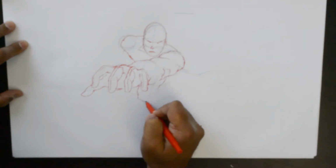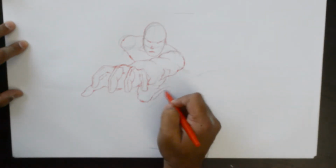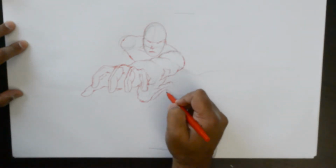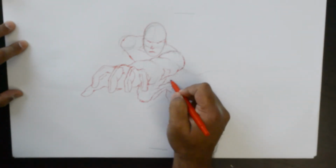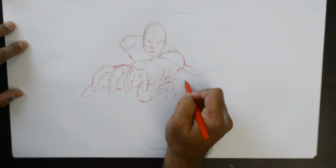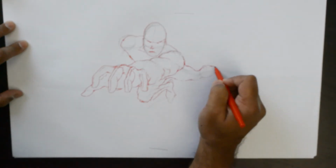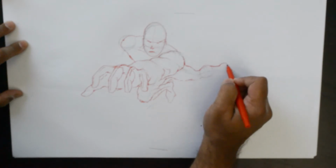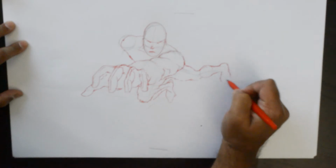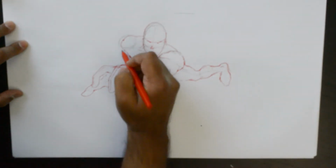foreshortening with one leg, shin and calf, and foreshorten, and there's the shin again and the calf, foreshortening with the other leg, essential placement again of the feet in the same manner pretty much. And then here